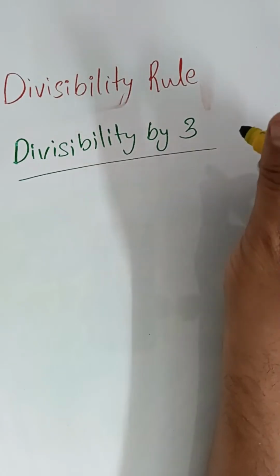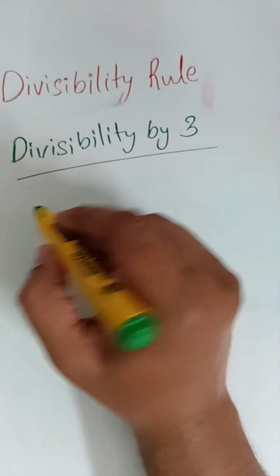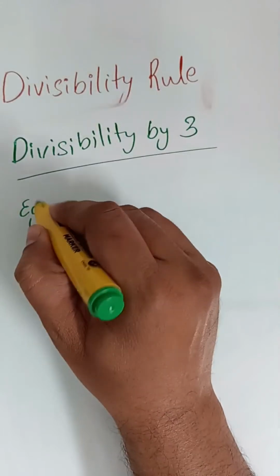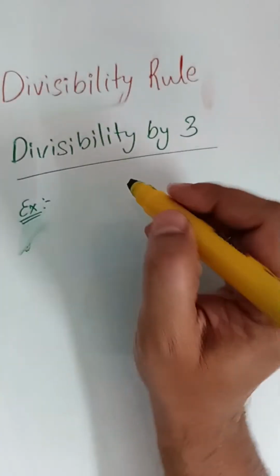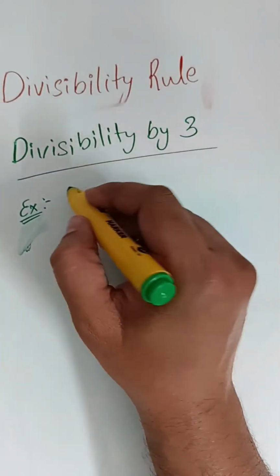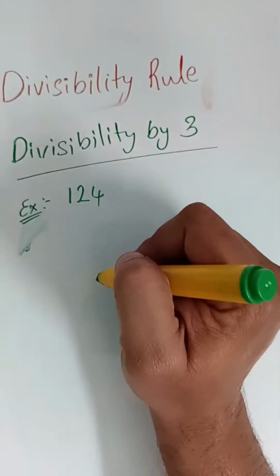I will take the same example I took in the divisibility rule of 2. The same numbers I will take here. What is the number I took there? 124, okay,